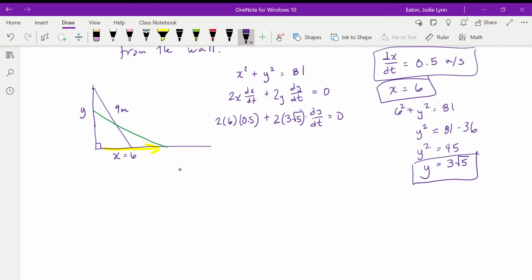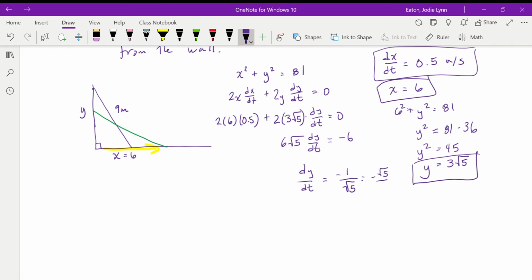We're going to move it to the other side of the equation, so we have a negative 6 when we subtract. Simplifying here, we get 6 root 5 dy/dt is equal to negative 6. Dividing, we get dy/dt equals negative 6 divided by 6 root 5, which is negative 1 over root 5,